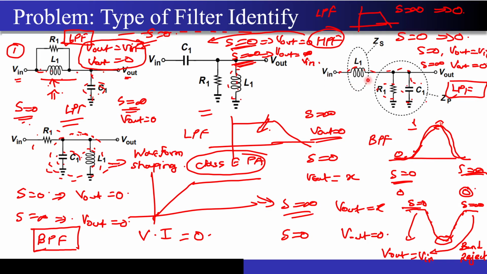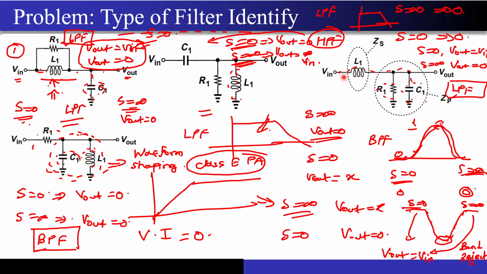Now coming to this particular circuit, what do we expect? Again you have L, again you have C, and again some kind of resistance over here. In the series LC circuit, if you take the voltage across the capacitor, you know that the response is going to be low pass filter, and that is what we are going to verify.